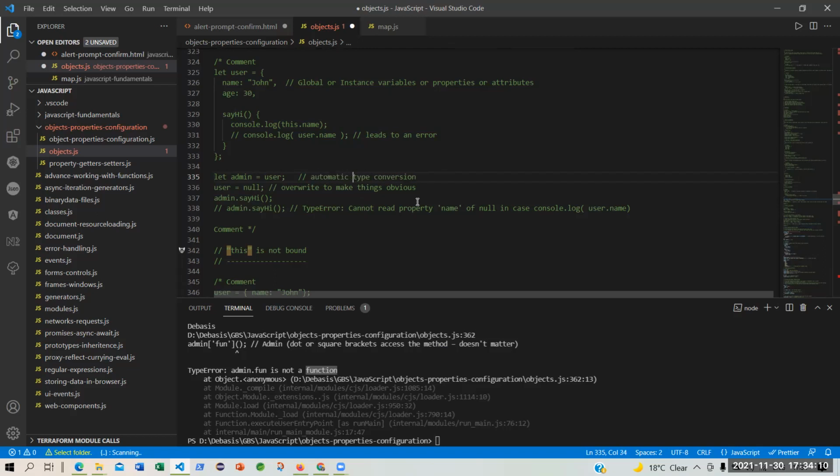Who is doing it? JavaScript is doing it. Automatic, because you are not doing it, you just assigned it. Internally, this admin becomes an object. Auto wrapping. Auto unboxing. That is a Java term. Yeah. Auto wrapping or auto boxing. Very good. But you have remembered this. Very good. Auto box.